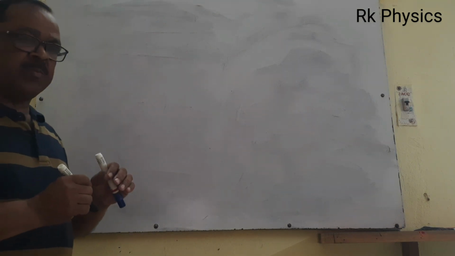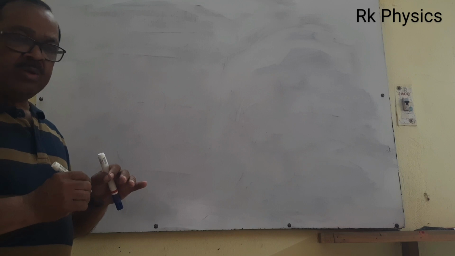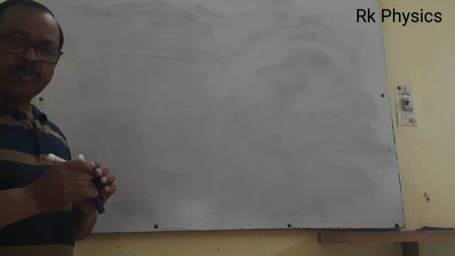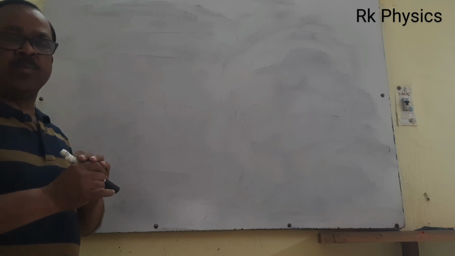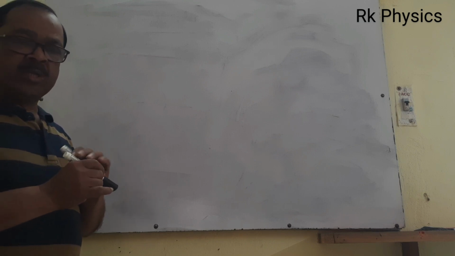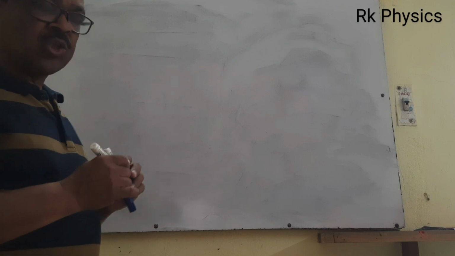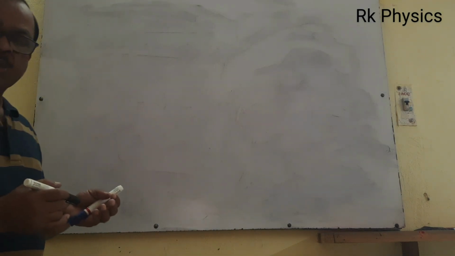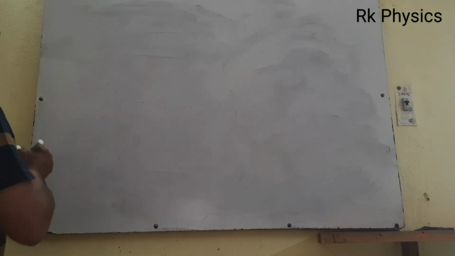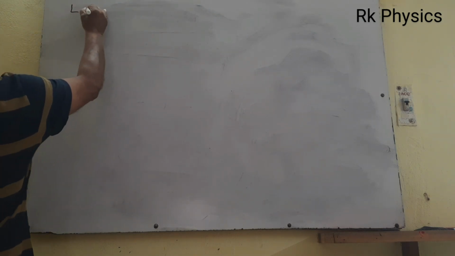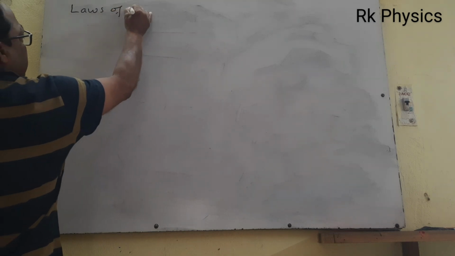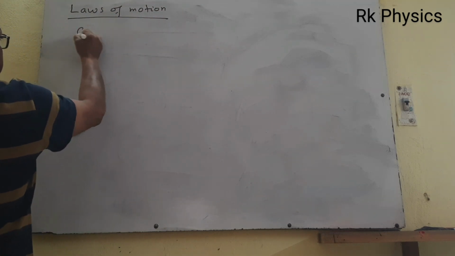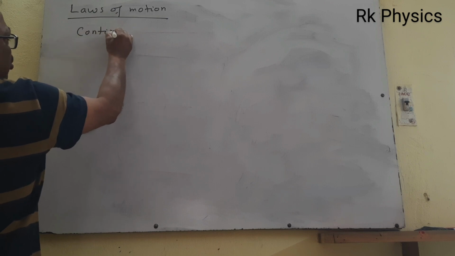So for time management during practice, you have to find an artificial formula. If you can use the formula directly, then it is possible to solve this sum within 40 to 60 seconds. Now let us start. The topic is laws of motion, and one application is for continuous